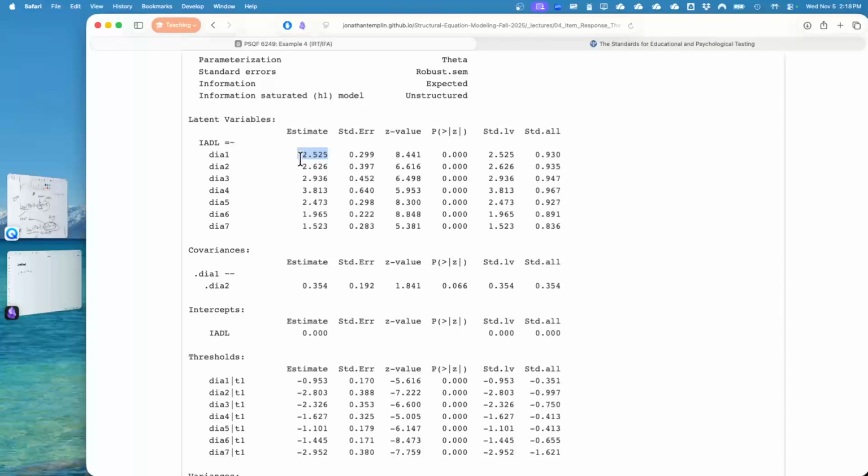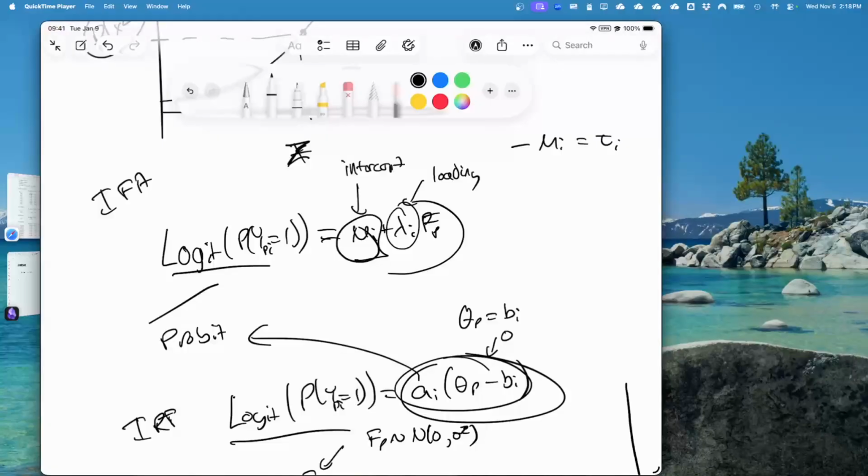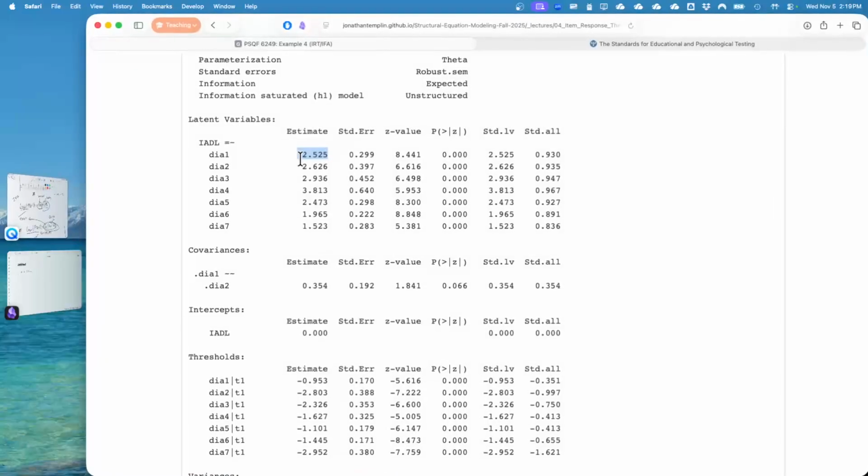And here, each of these represents what? It is the number of logits that go up for every 1 unit of F going up. So we just look at that like a standard value. Here, we'd see DIA4 has the strongest loading. So if we were to plot its shape, which we'll do a little bit later after break, its ogive would be more steep, whereas DIA7, at 1.5, should be a little bit more shallow. All right?